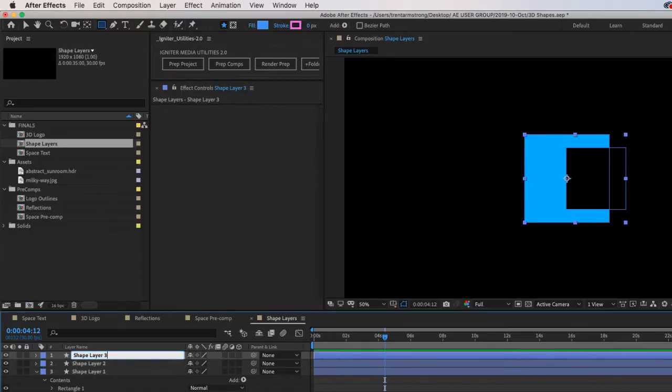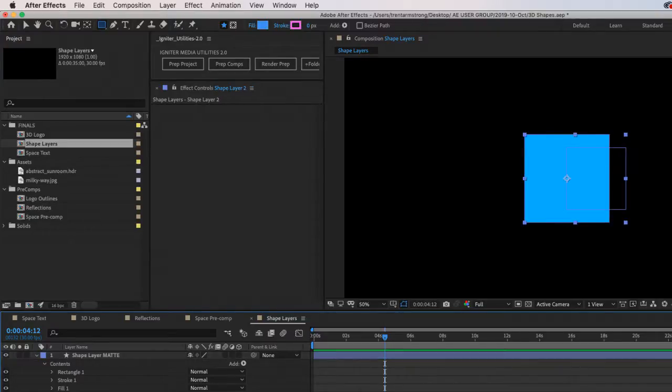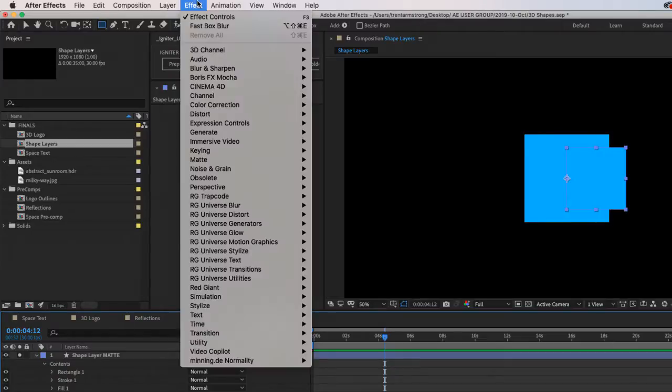We'll call this one mat, like that. And so we'll get rid of rectangle 2 here, and we'll get rid of rectangle 1 here. Okay, so now we have those guys, and this is the mat, and we want to cut that shape out of this.